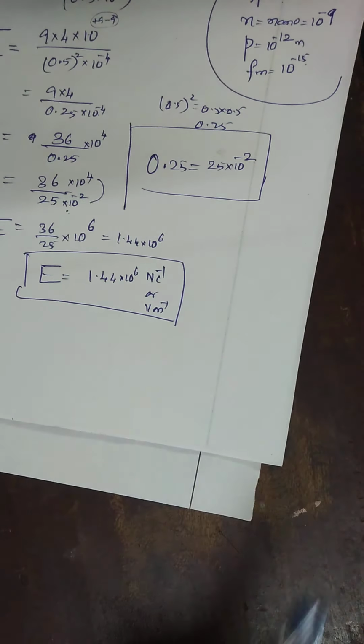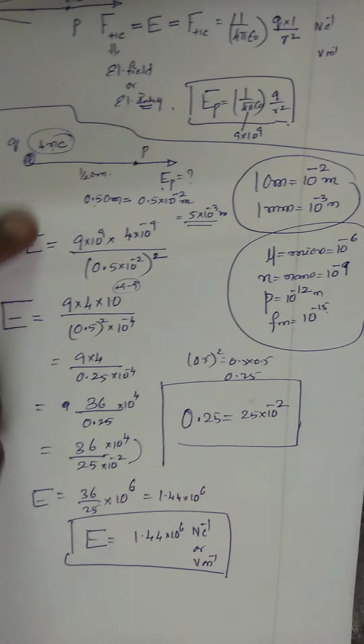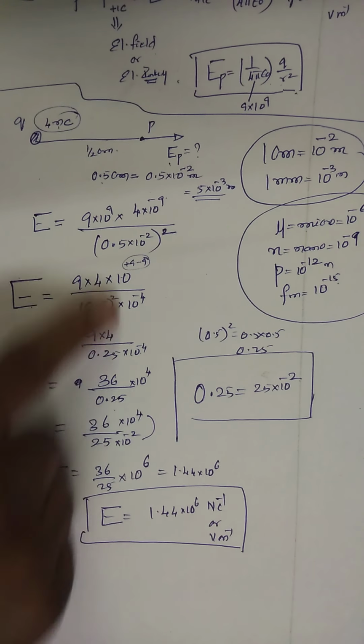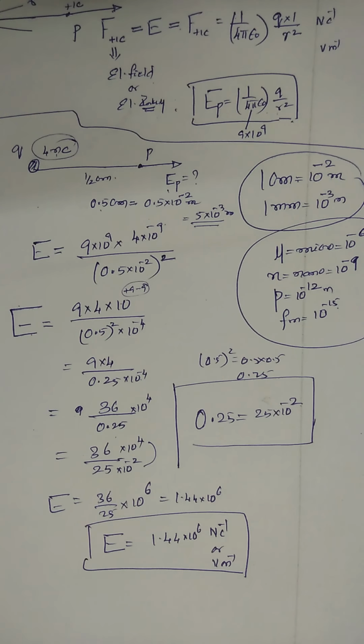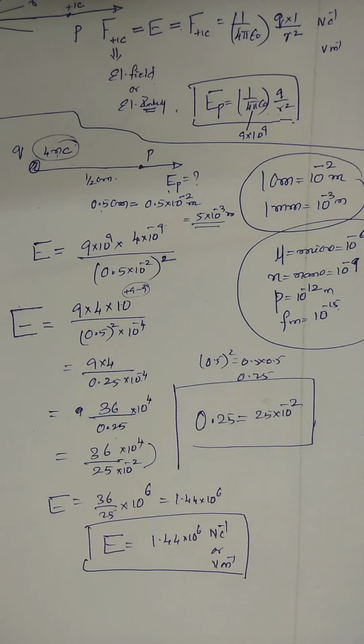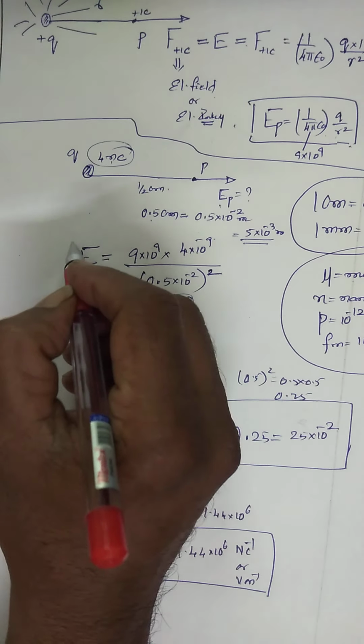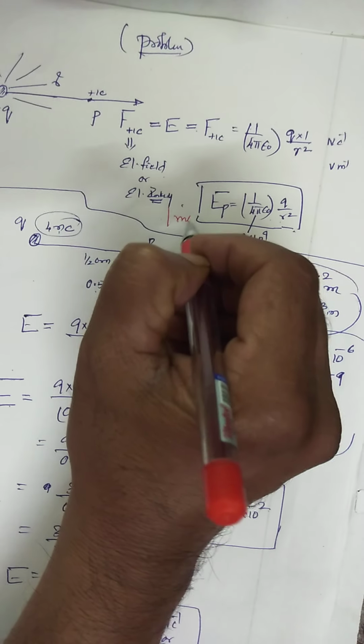How many marks can they give? They can give 2 marks. For CET and NEET and all that, this calculation will not be there. It will cancel in such a way that you only have to make a round-off number. Therefore, they may ask you this for 2 marks also. Just writing this expression is 1 mark, and then the full calculation gets 1 mark only.